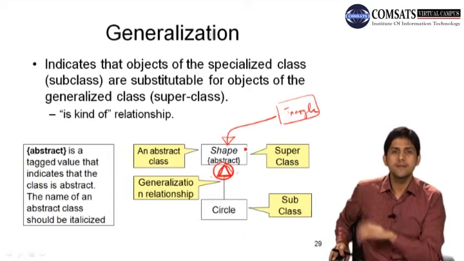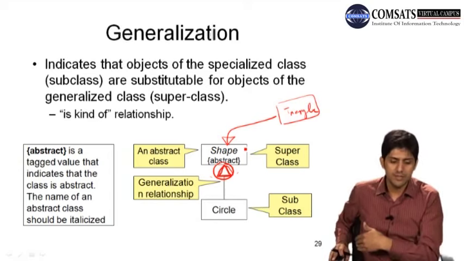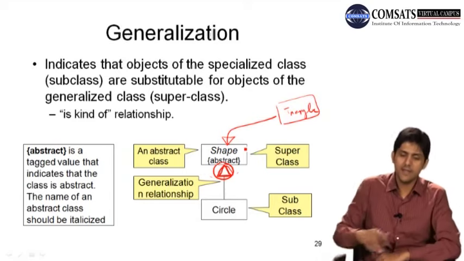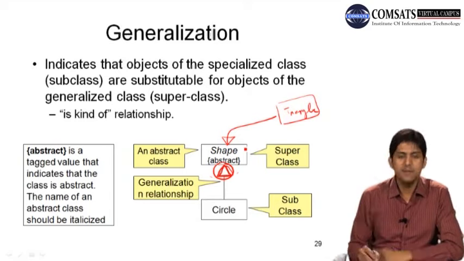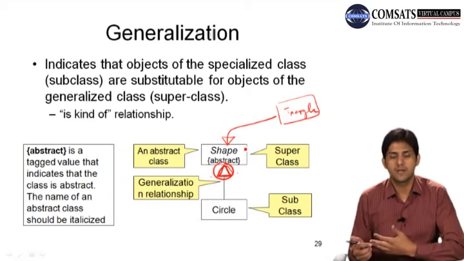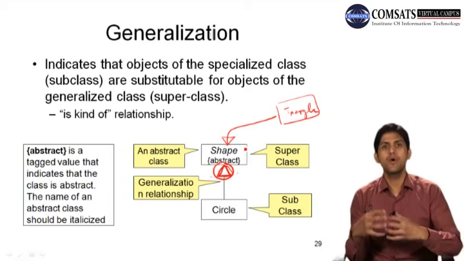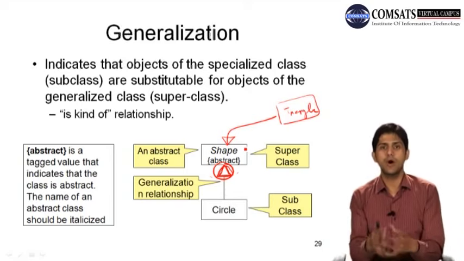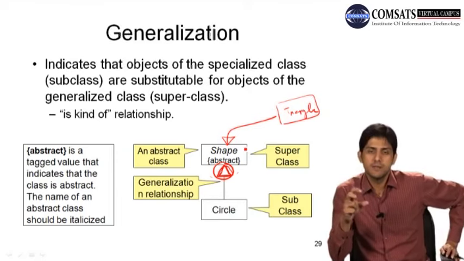value that indicates that the class is abstract. The name of an abstract class should be italicized. इटैलिसाइज करने का क्या मतलब है, ताकि हमें पता लग जाए कि यार ये वाली जो क्लास है ना ये बेसिकली that's a super class और that is an abstract class। यहाँ तो हम ये कीवर्ड लिखते हैं और इसको हम साथ इटैलिक भी कर देते हैं, because we want to know कि UML के अंदर हम जब ये चीजें बनाएंगे तो how do we actually do that, ठीक है।